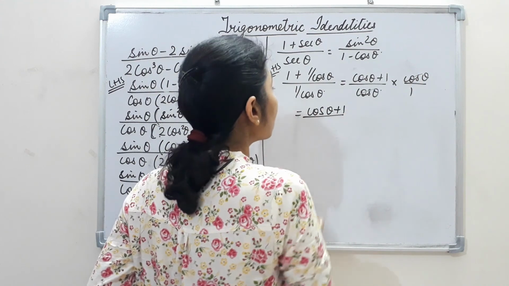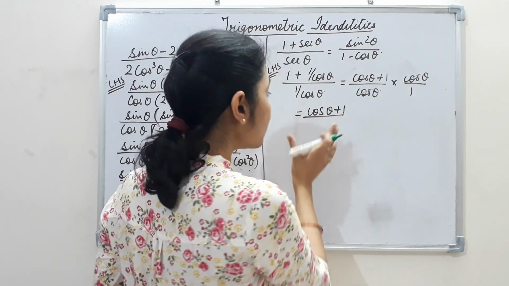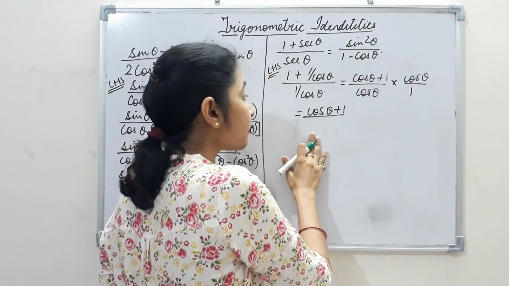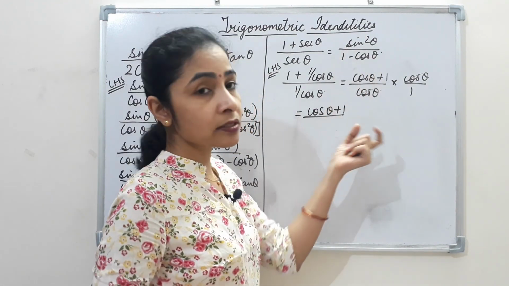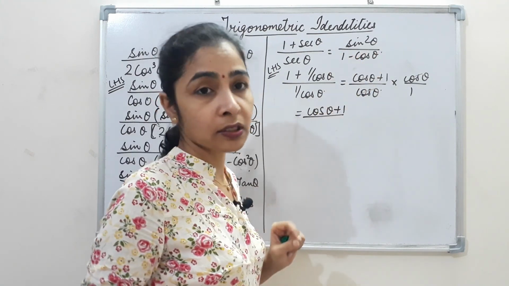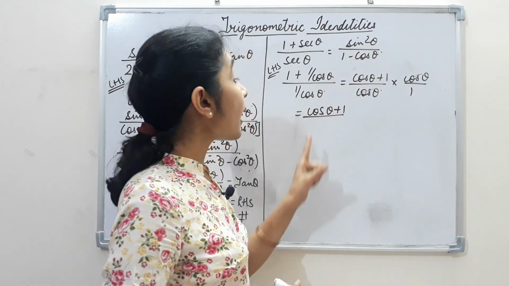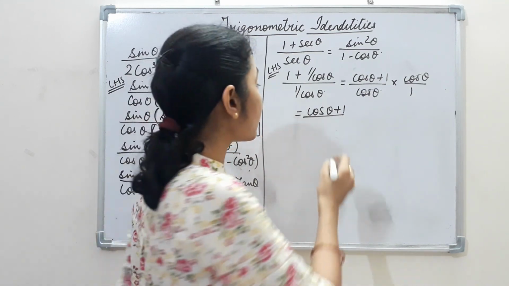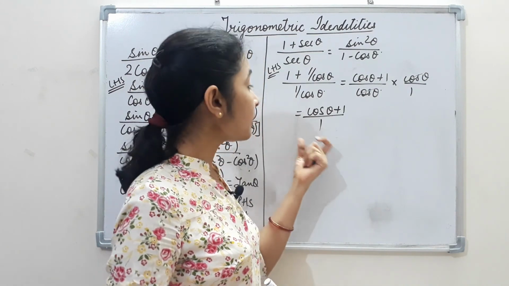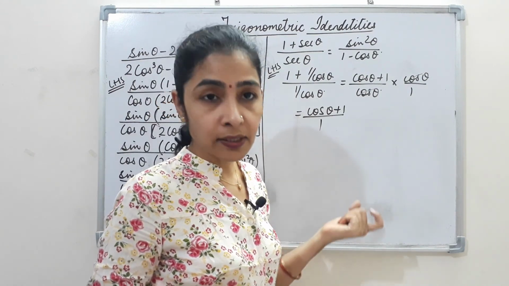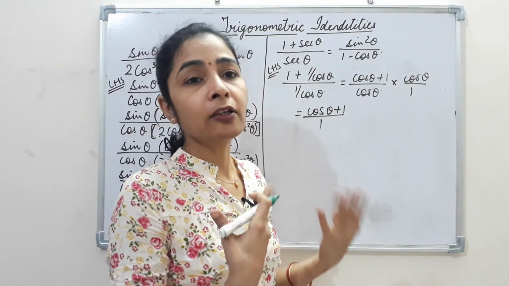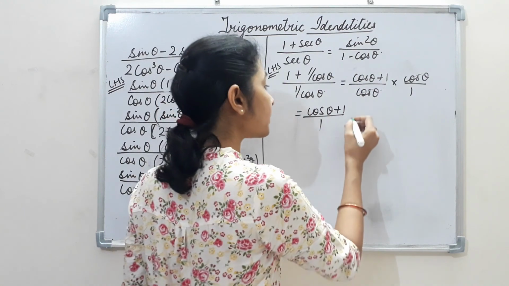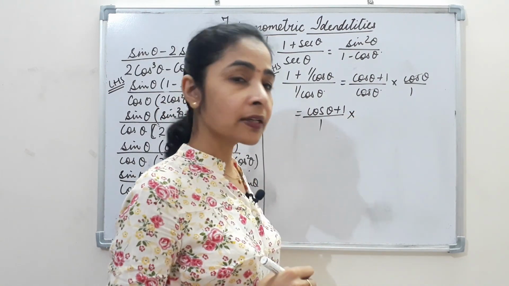Now, it is in the most simplified form, we cannot simplify it further. So the next method is that I should start with RHS and also prove RHS is equal to cos theta plus 1. Next, I can multiply anything in the numerator. This is the numerator, and its denominator is just 1. I can multiply anything to the numerator as well as denominator to make some kind of manipulation and somehow get this expression. I will just multiply something to the numerator as well as denominator.